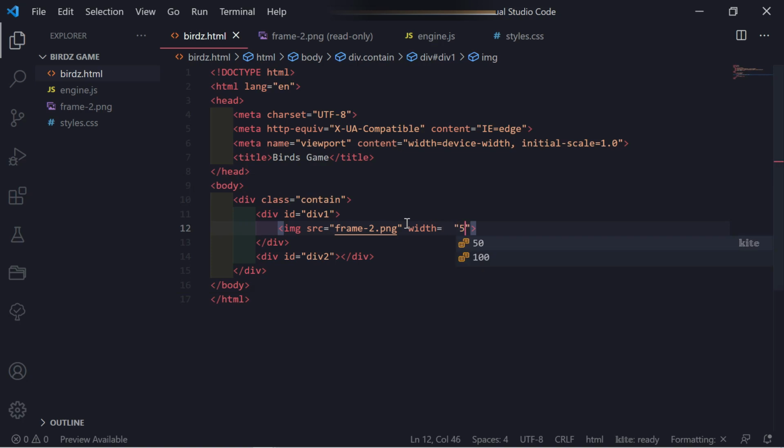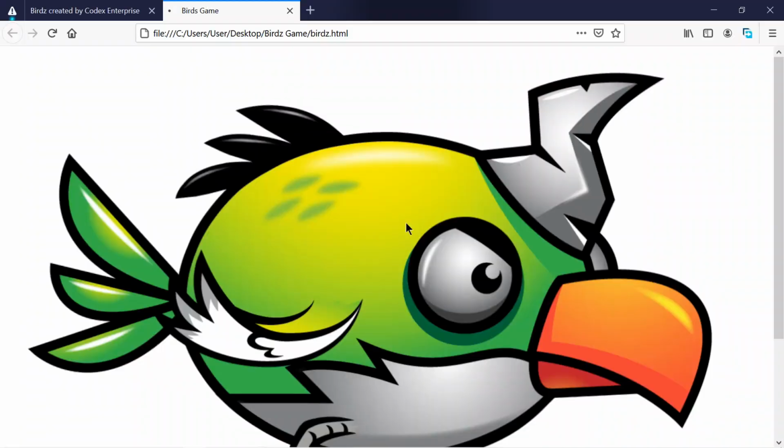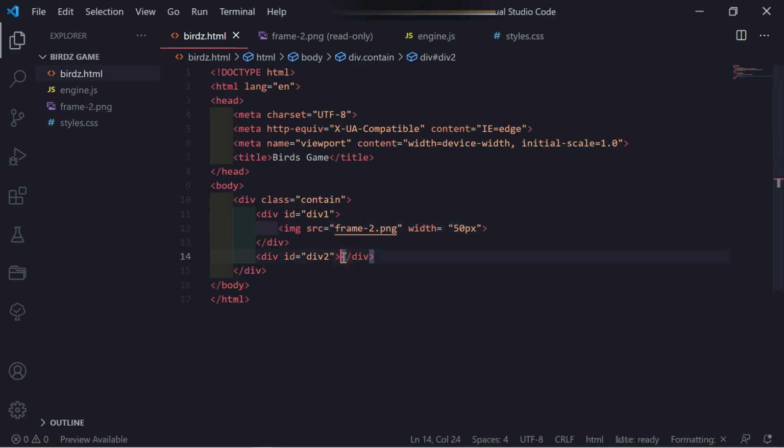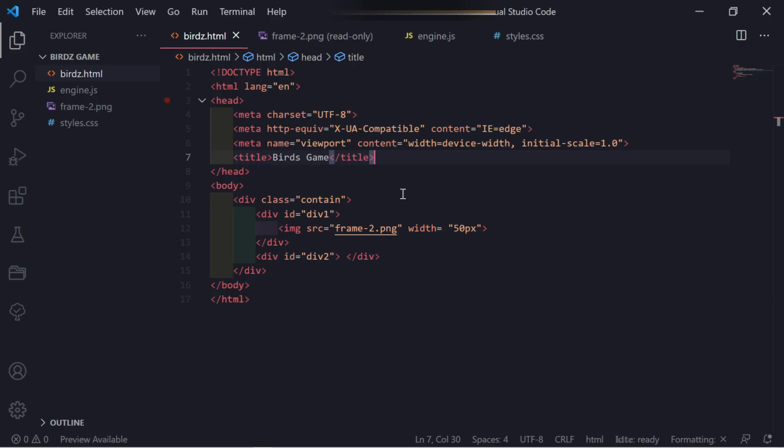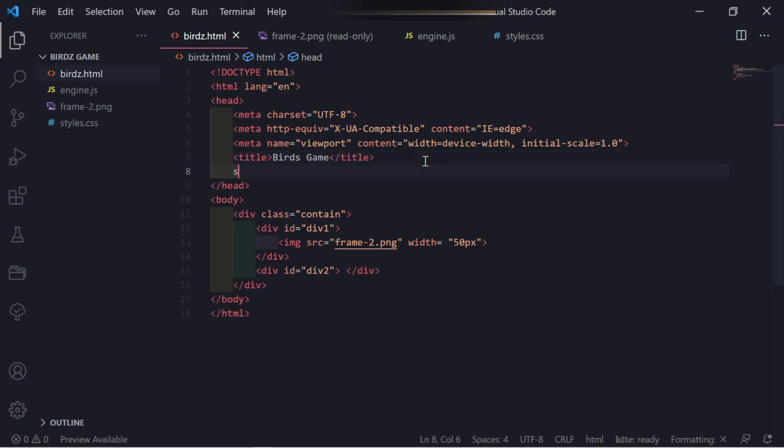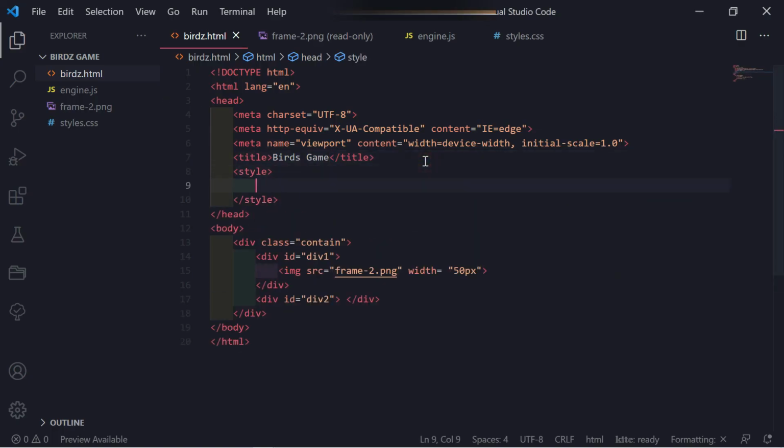We could say maybe 50 pixel. Okay, so we refresh that. So that is what we have there. We have the other one too, but you can't see it. Why? Because it doesn't have any styling, no property that shows, but the two divs are here. So we can go to the style up here,